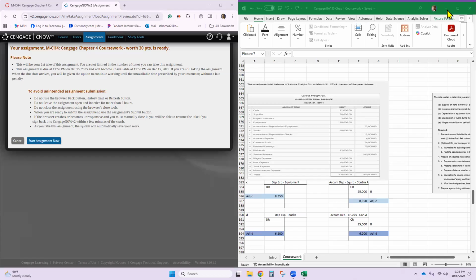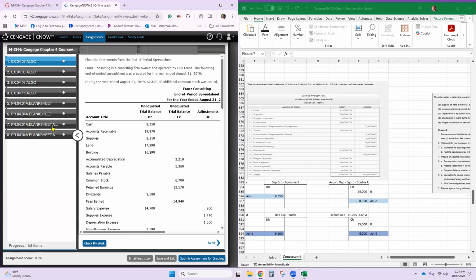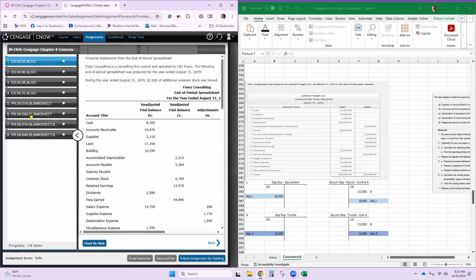Okay, I have the problem open on the left. Get everything closed up here where we need it to be. Start assignment now. We're going to go to 4A without the number 6, 4A.